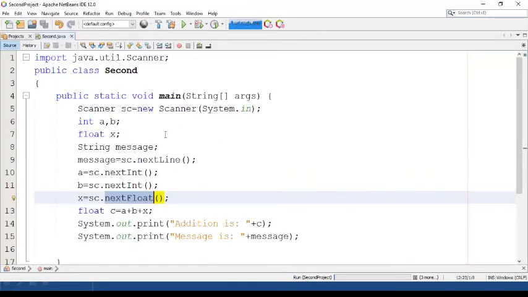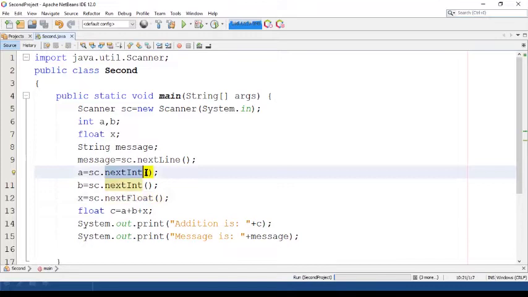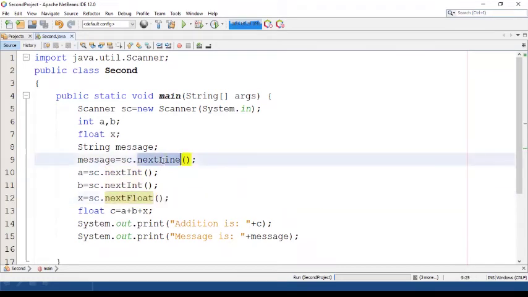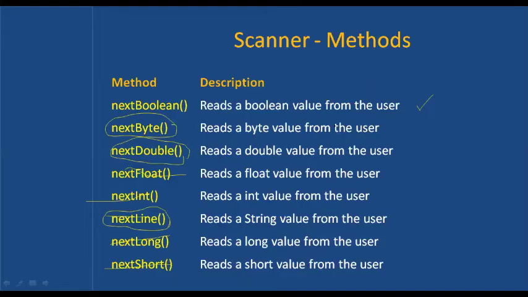So this is the way how you are supposed to read input by using scanner class. Okay, for every data type you have separate methods. For integer, nextInt method. For float, nextFloat method. For reading a line of text, nextLine method. And one important thing to remember is scanner class does not provide a method to read a single character. The scanner class is providing methods to read one word or one token. It is providing a method for reading an entire line of text, but scanner class is not providing methods to read a single character.